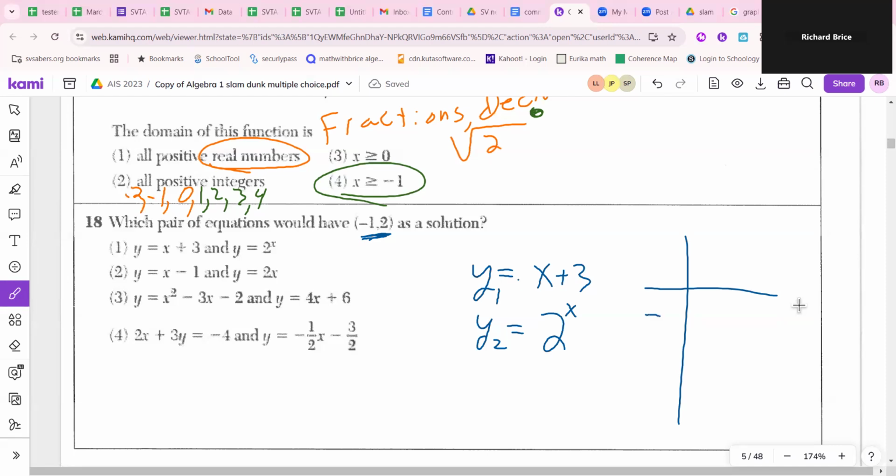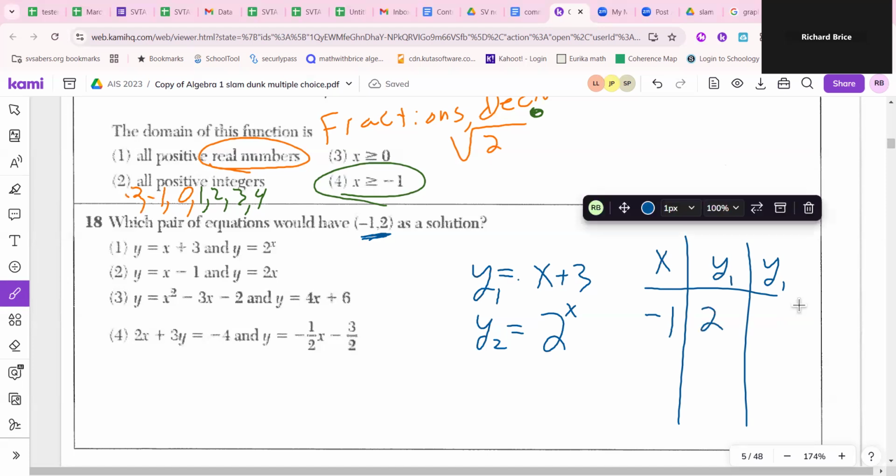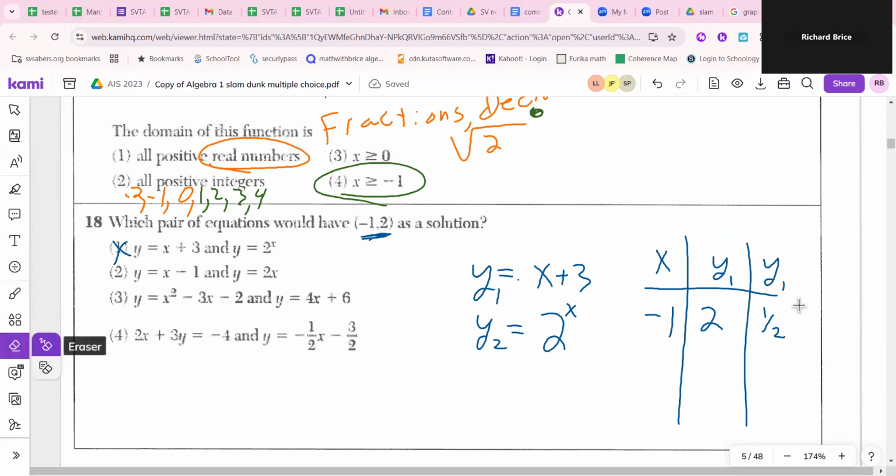-1, this is going to be x. This is going to be y1. That's going to be y2 on our calculator. And for the first one, for -1, we get 2 as an answer. For that one, we get 1/2. No. Then we rinse and repeat, meaning